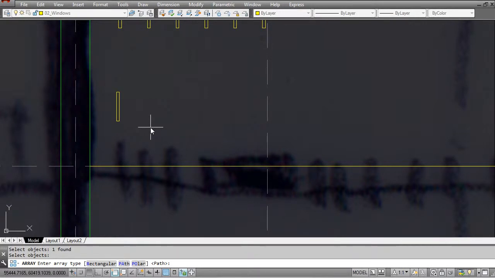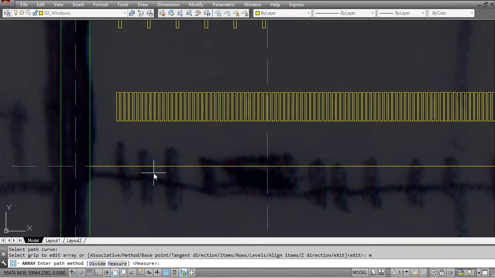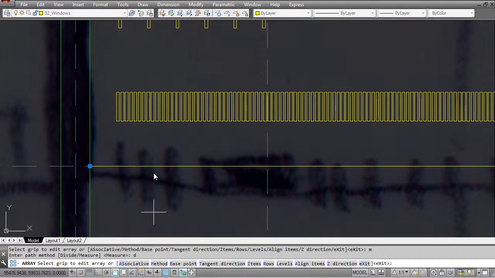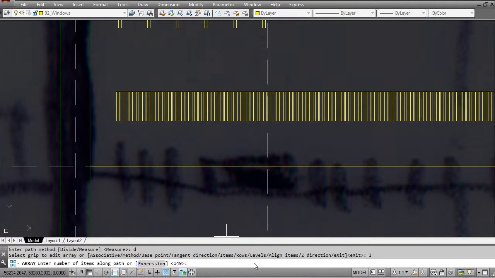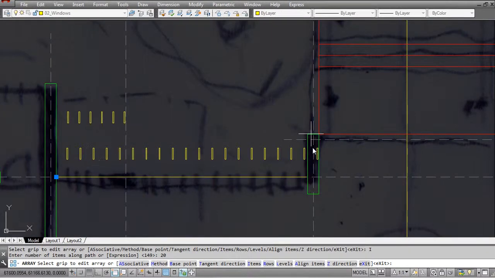So in this case we're using path, so type PA, enter, choose that path, and now type M for method, enter, and we're going to use divide, so D, enter. Next you want to choose items. You can also click directly on the screen, and instead of 149 let's choose 20 and right click or press enter. Then what you've done is you've evenly spaced 20 objects, but it started at the position where this one